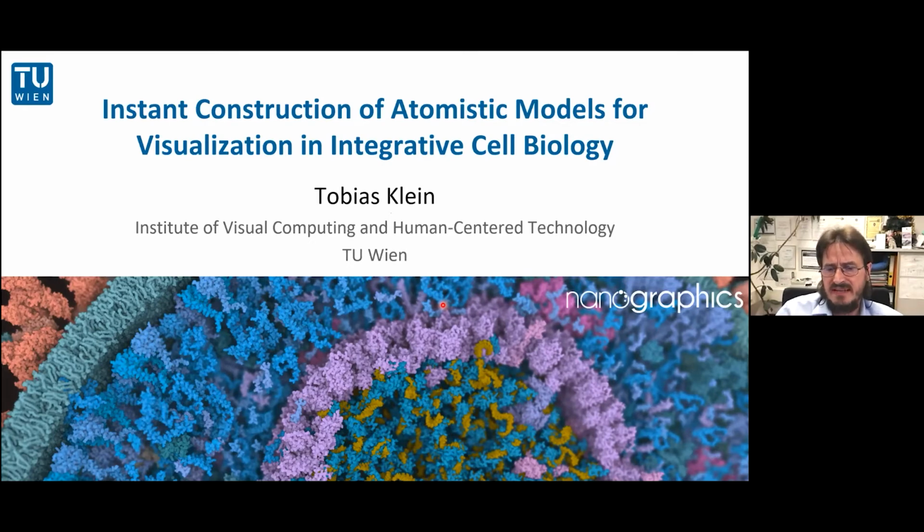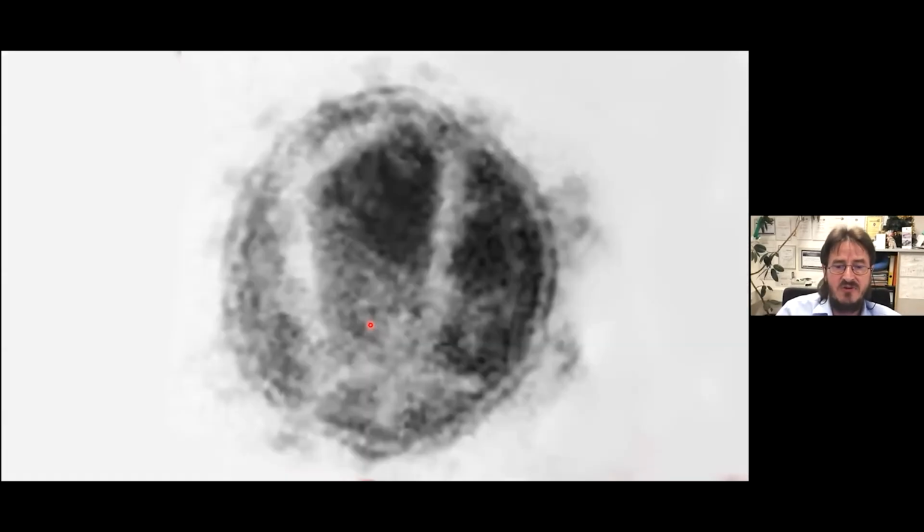Because these models are getting very complex. And the general strategy of Tobias in his thesis was compute instead of store, computing in a procedural manner these models only as far as needed. So you might have an electron microscopy of a virus, for example. Then you can use computer graphics and computer vision techniques to segment this data. And then you take this information as a sort of statistical information. And these statistics are driving your